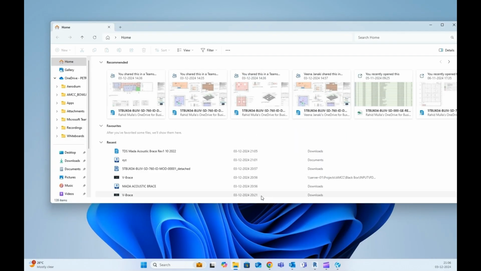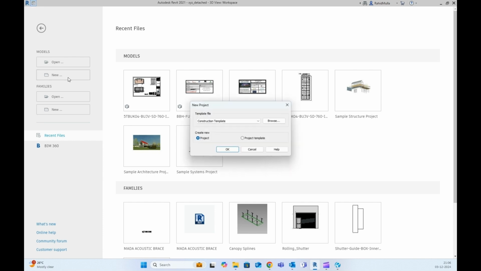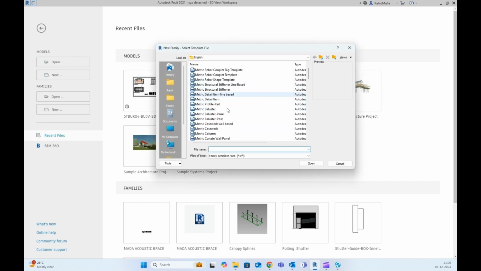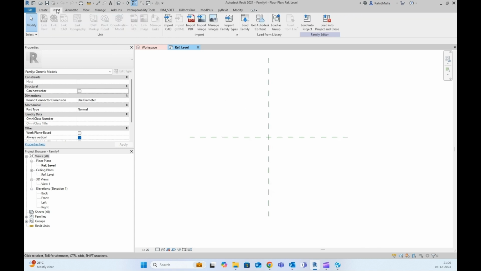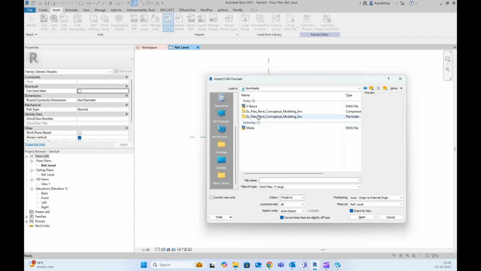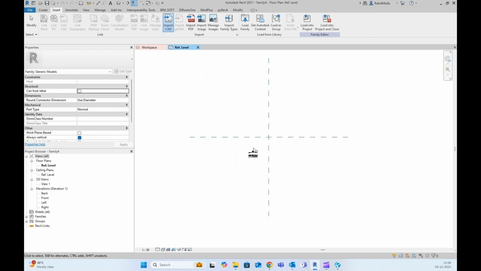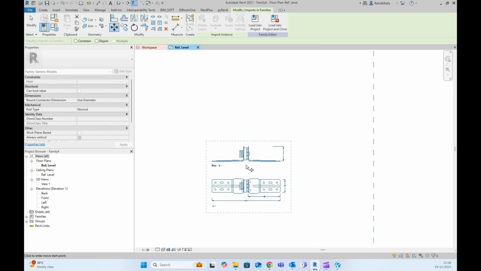So let's start off with Revit. Here I will be taking a metric generic model template, and I will close off unnecessary views, and then I will straight away go and link CAD. Here we'll make use of CAD, and the CAD is over here. We'll make sure that this CAD is unpinned and it sits right at our